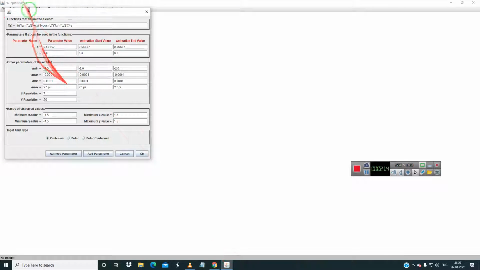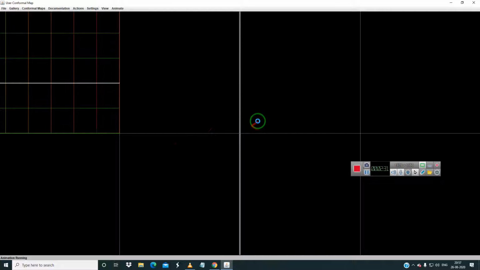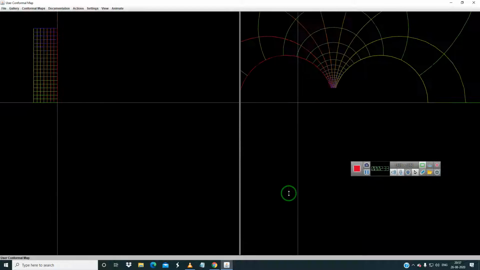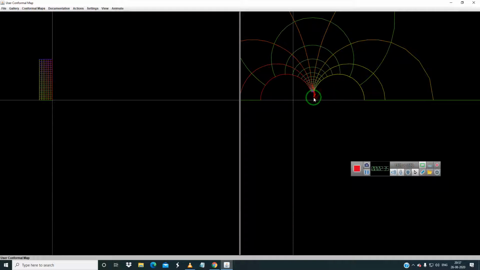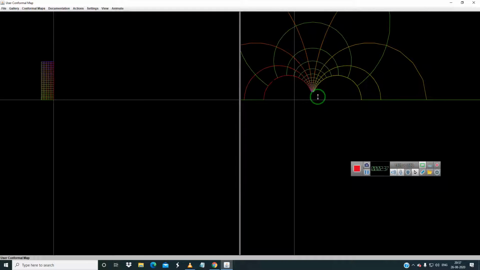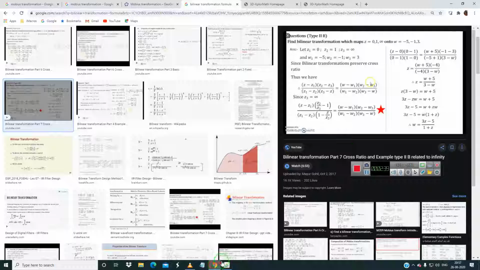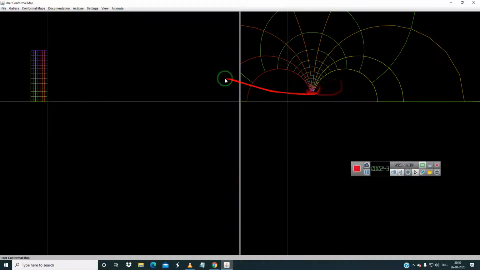First thing is 3z minus 5, that is 3 into z minus 5, and you plot it in this. 1 plus z is another formula, in the denominator. Oh my god, it's not plotting. Okay, it's over here. A wonderful formula is given over here. As you can see, this has been inverted. So this formula has been inverted, 3z minus 5 over 1 plus z as shown over here.